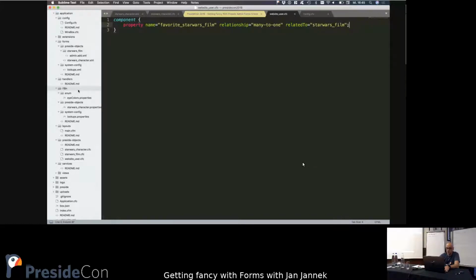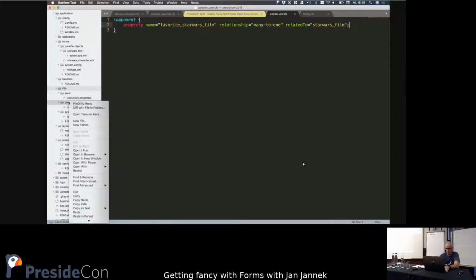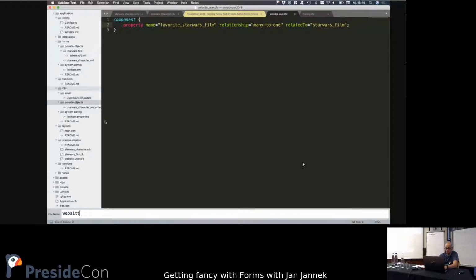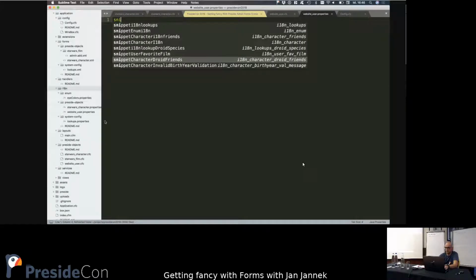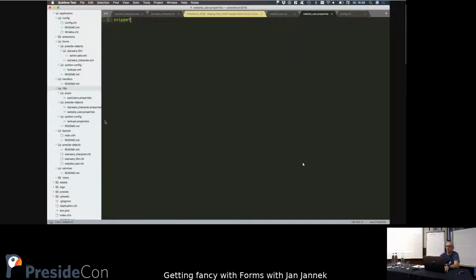Define the corresponding I18N beneath Preside objects, new website. I don't find it. Can't see anymore. There it is. Okay, and that blends all, like the object definition, the I18N definitions, and also the form definition